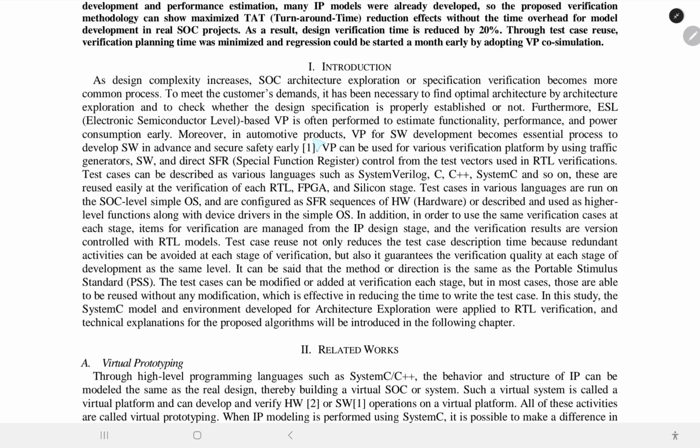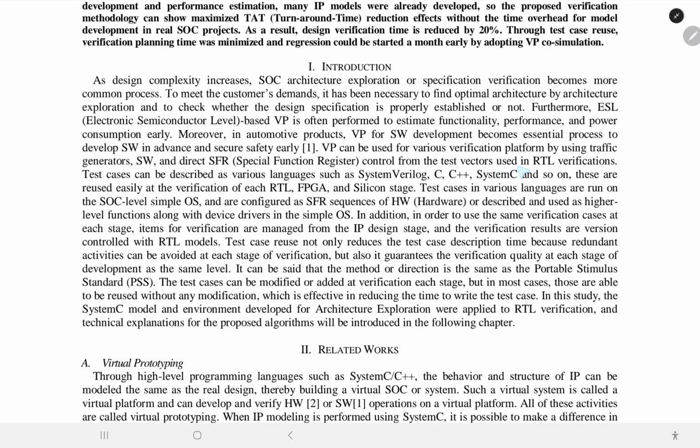Moreover, in automotive products, VP for software development becomes an essential process to develop the software in advance and secure safety early. VP can be used for various verification platforms by using traffic generators, software, and direct SFR, special function register,